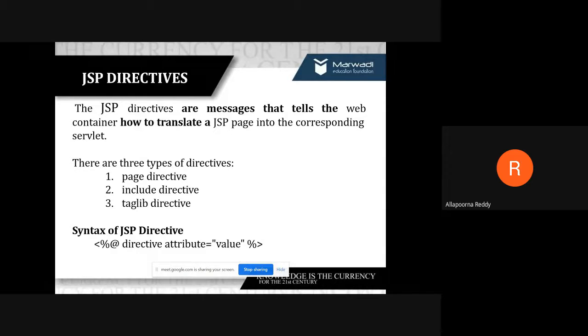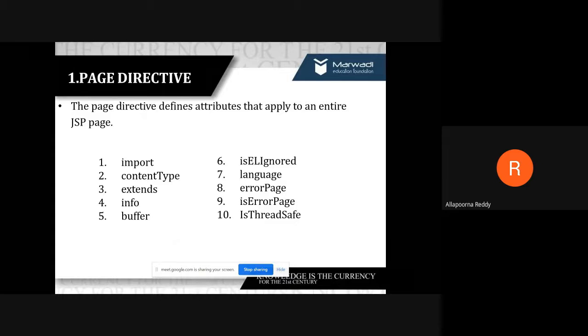Once again, under these tag directives, under your page directive, we had so many attributes. That is 10 attributes we had. These 10 attributes can be applied to your entire JSP page. We previously gave you a syntax, right?